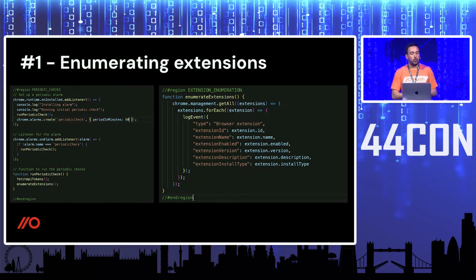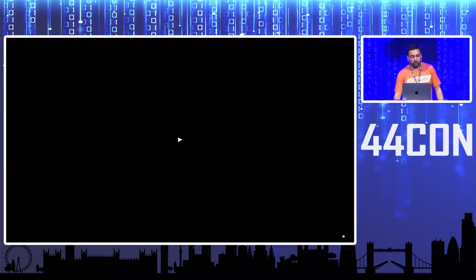So I've set this up in a way that uses alarms, which is almost like running a scheduled task. I have a periodic check. I run, I see what extensions are installed, and I report them. This is something that runs from the background script if you ask for the right permissions. So let's just see what our